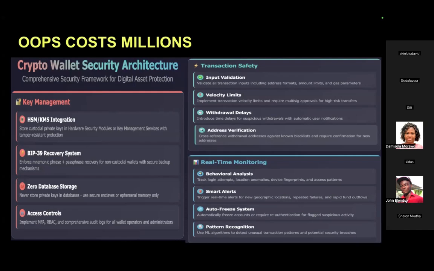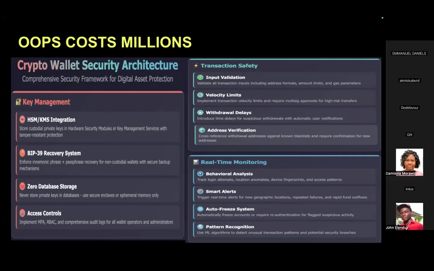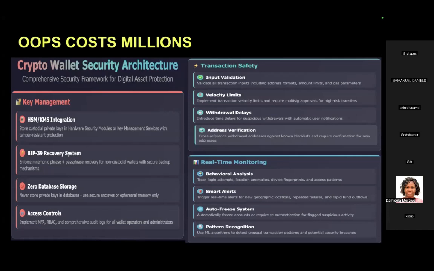And address verification, as you are trying to send BTC or funds to maybe a known, to these blacklisted addresses. I don't think it's something you want, because when the news comes out, your product will be there. You do not want it for yourself. And then maybe when it comes to new addresses, let them just reconfirm it, which makes sense.